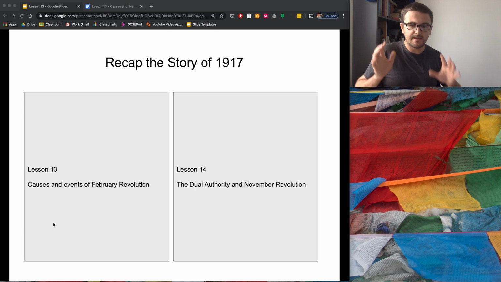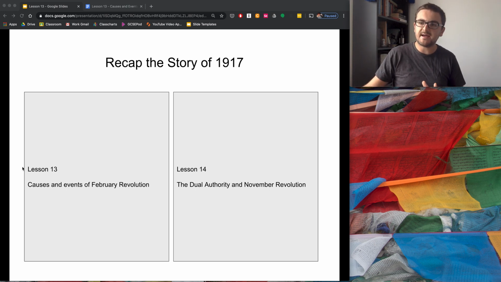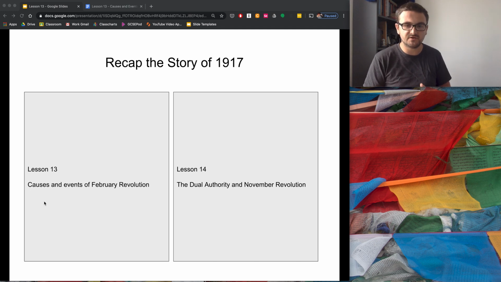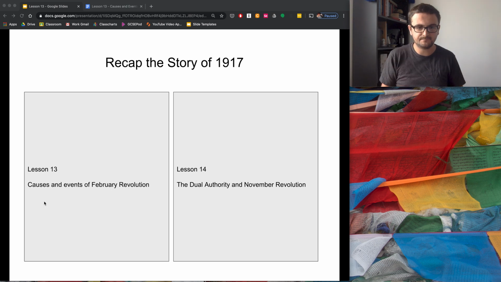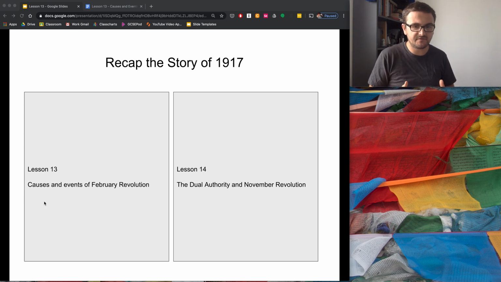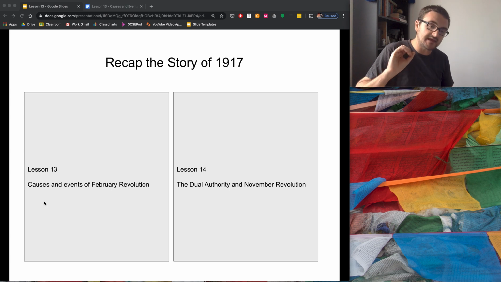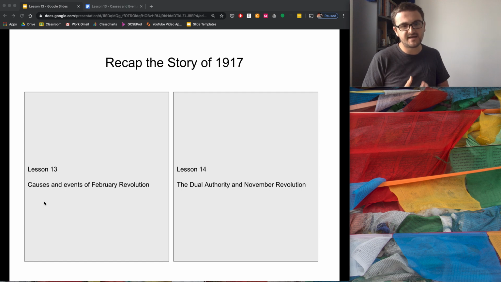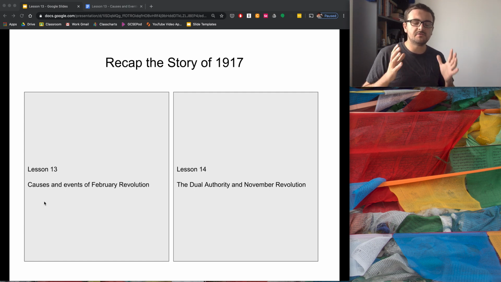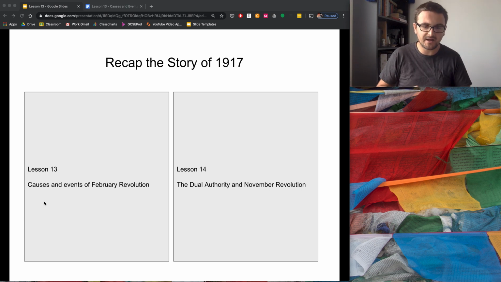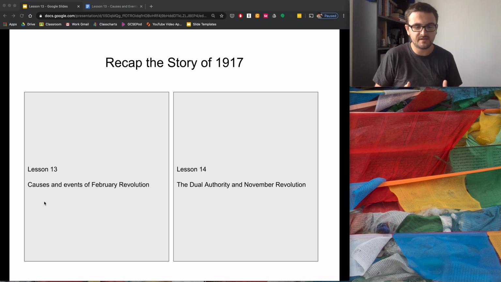Now the way this lesson is going to work today is I'm going to give you about 7 or 8 big questions that recap the causes and events of the February Revolution pretty much in order. I'm going to pose a question, then you're going to answer it from memory in as much depth as you can. Then I'm going to give you some picture clues to hopefully help you. Then I'm going to give you some keyword clues, again to help you. Then I'm going to talk you through the answer in depth. So it's one of those revision lessons where as much as possible you're working your memory, you're getting a bit of help, working your memory, a little bit more help, working your memory, then going through the answers correctly.